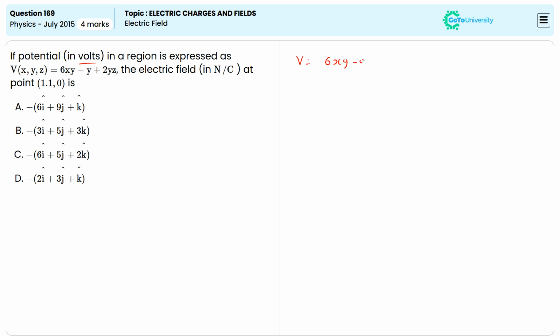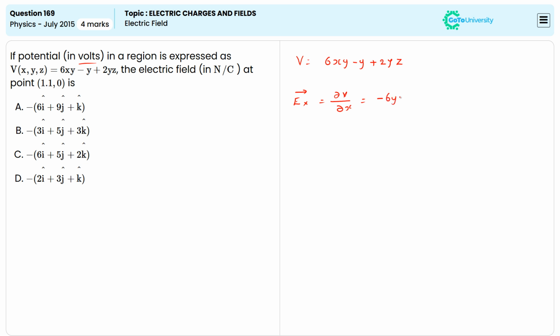we can partially differentiate this with respect to x, y, z separately. This yields the electric field. Ex vector is equal to the partial differentiation, that is, -∂V/∂x. If we differentiate this with respect to x, we get the value